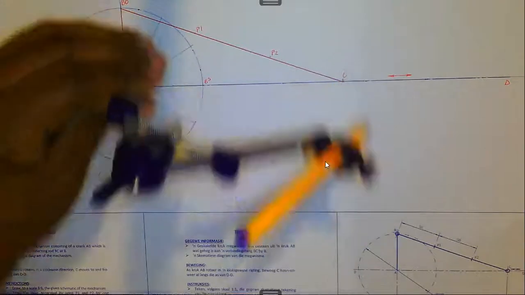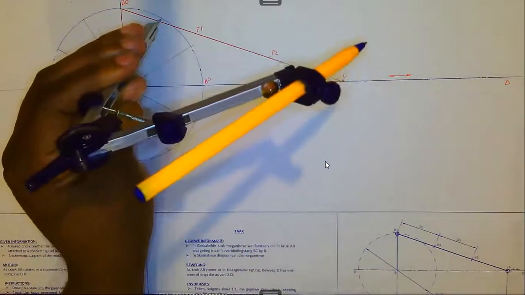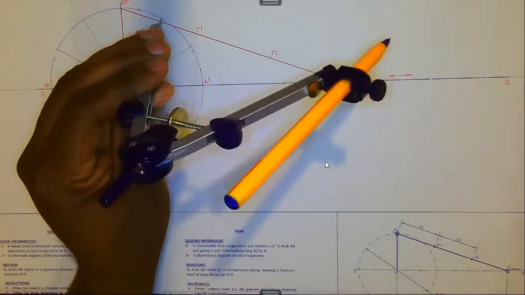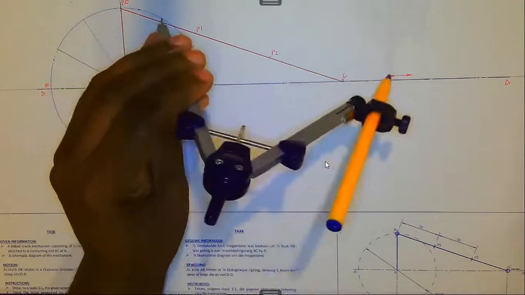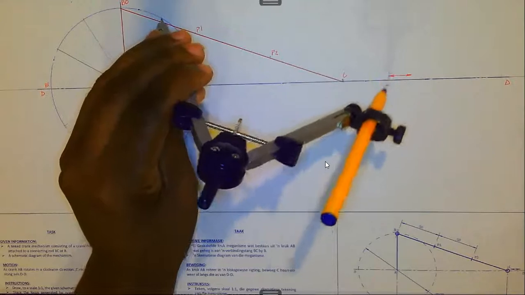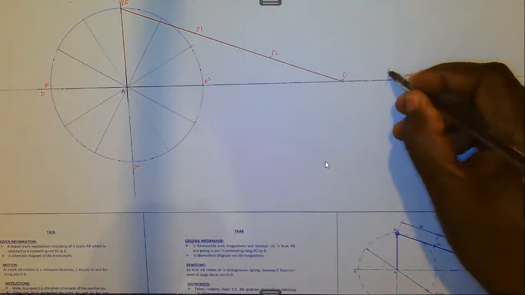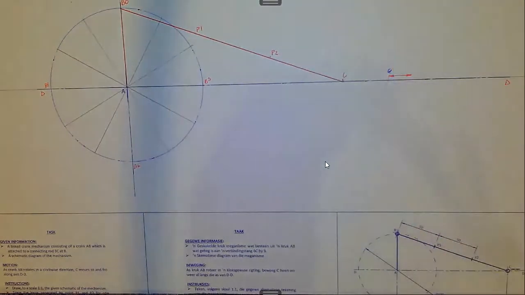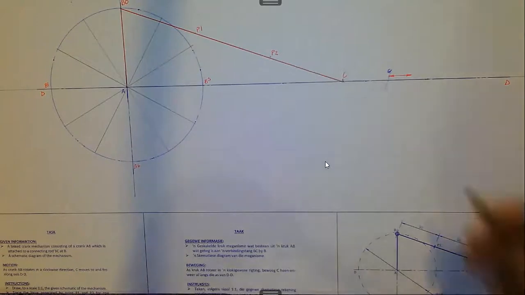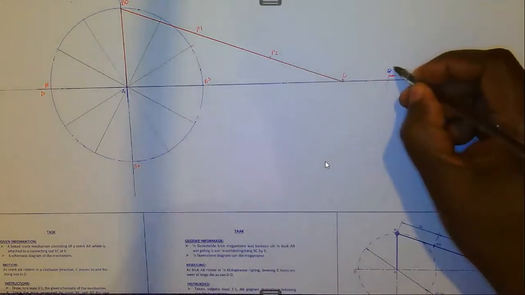BC, that's fine. You come and stand here and describe an arc, you cut that, and you now have got C, you now have got C1,